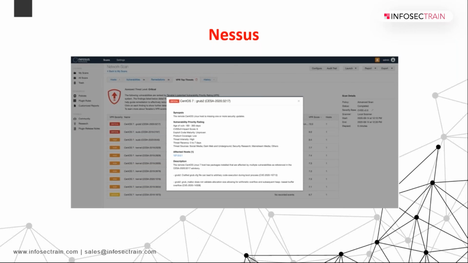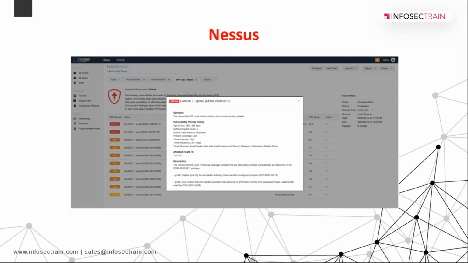You basically have to set up the settings here, like which ports you want to scan, what sort of scanning you want to do, whether it would be a credential-based scan or not. Many more options are there in Nessus. When you set up everything, you will also give the range of ports, like how many ports you want to scan.